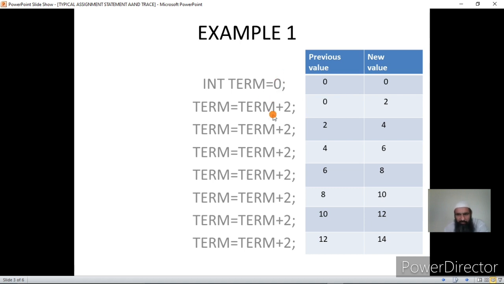Initially I started with 0 value, then I added 2 to it, I got 2, then I added 2 more to the previous value, and then I got 4, because the previous value at this step is 2. Then the previous value at this step is 4, I add 2 to it, it becomes 6. Then the previous value up to this step is 6, so I add 2 to it, I get 8, and so on and so forth. These are the changes. If you see, these numbers are even numbers, so this program can be used to print the even numbers.